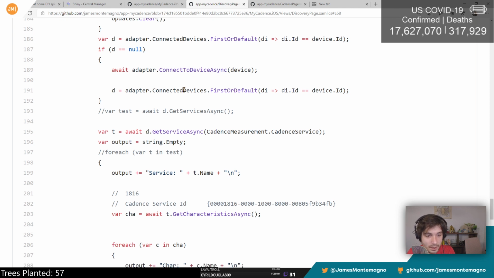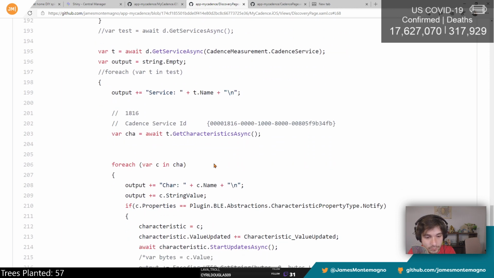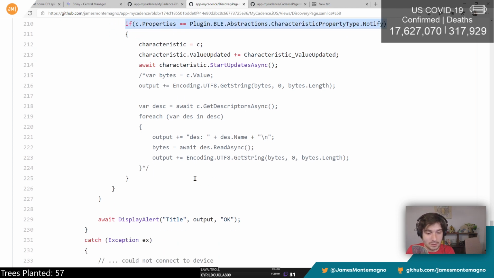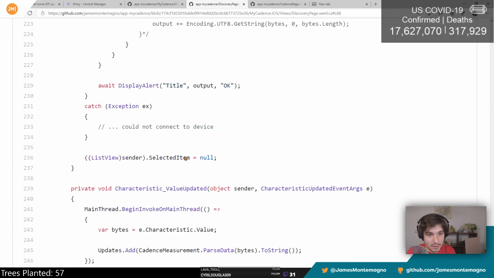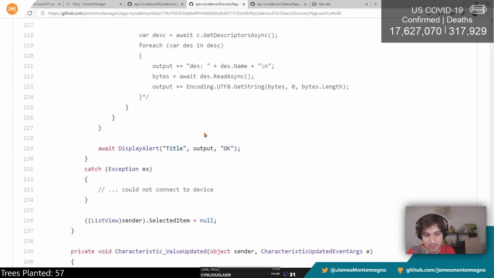I don't know why I'm doing that, but anyways, I grab the services from it, a specific cadence service, which again is this number. I go through all the characteristics. I need to clean this up a little bit because this is just looking for a specific characteristic inside of that Bluetooth cadence sensor. And then the real magic comes from subscribing to updates for that characteristic, in which then